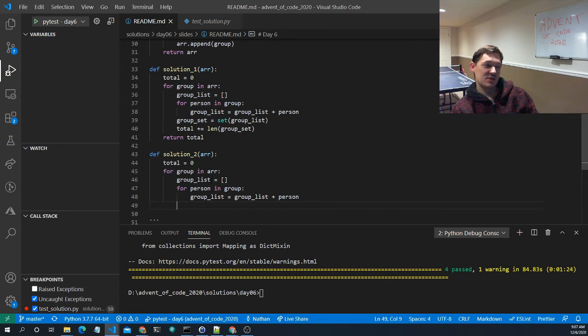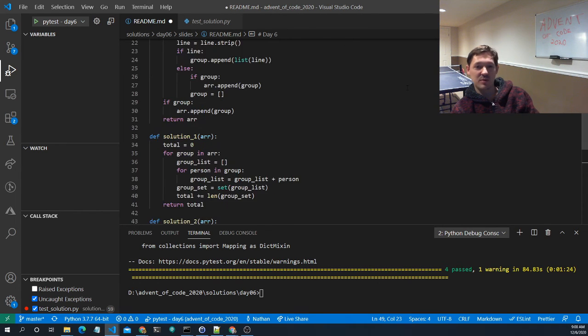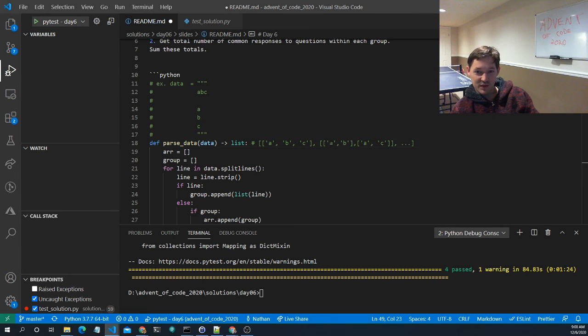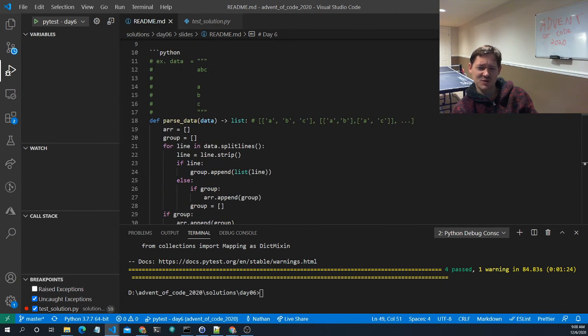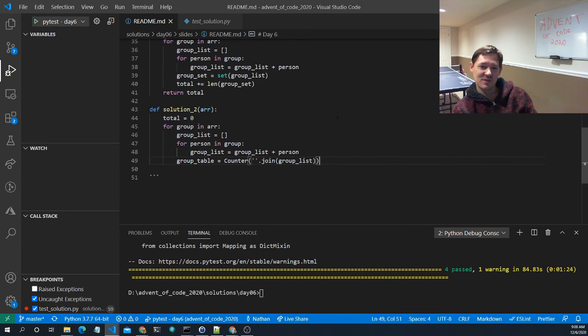So my strategy here is to create a frequency table. So what do I mean by frequency table? I mean, like, here we have two A's. We have one B and we have one C. So let's, this will just join all the characters together into a string, which in retrospect, perhaps if I had not split the string in the first place, I would already have this string. But anyway,